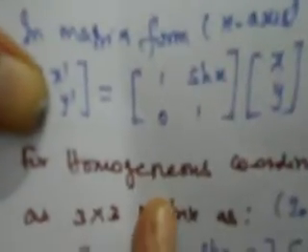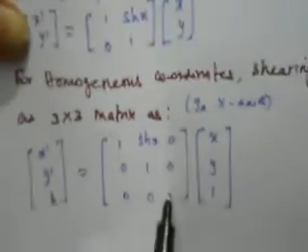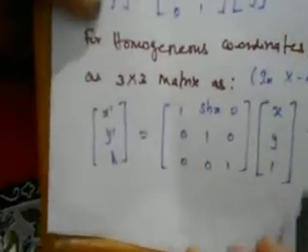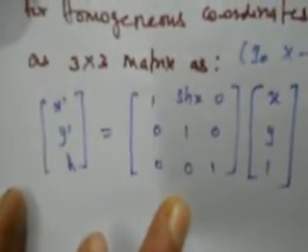Then we can also represent this in homogeneous coordinate matrix representation, as a 3 by 3 matrix. See here, we write the two-dimensional form as it is. Additionally we add one dimension, so just write 1 and fill the remaining places with 0. Then for the xy homogeneous coordinate value, we are just placing 1. This is the homogeneous coordinate matrix representation for shearing in the x direction.